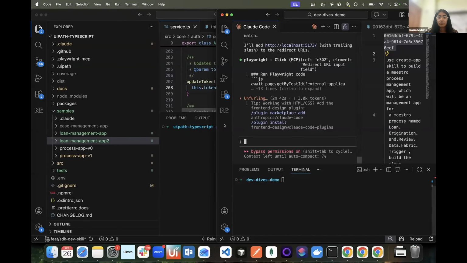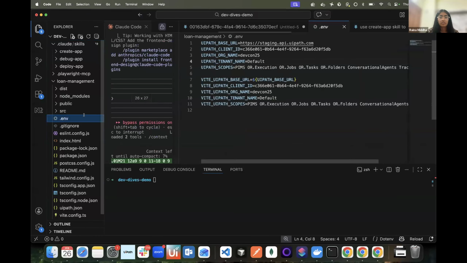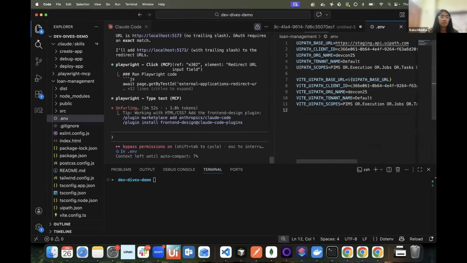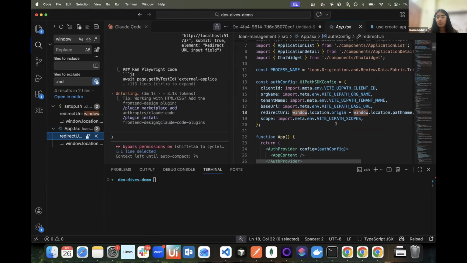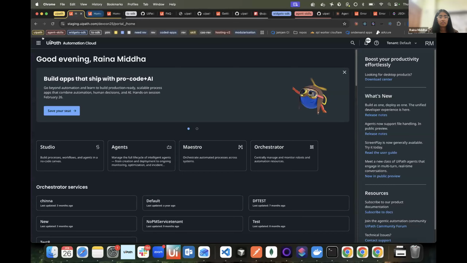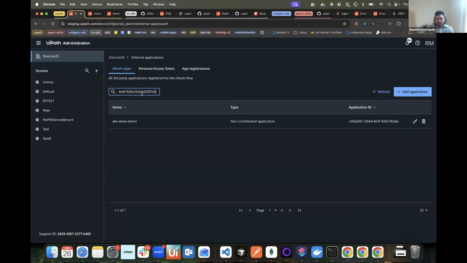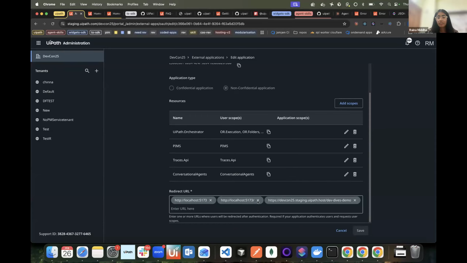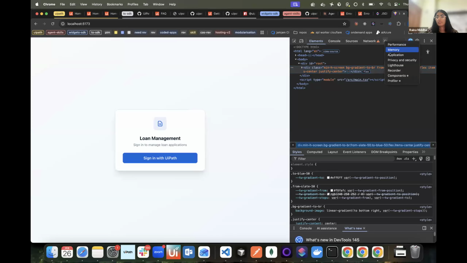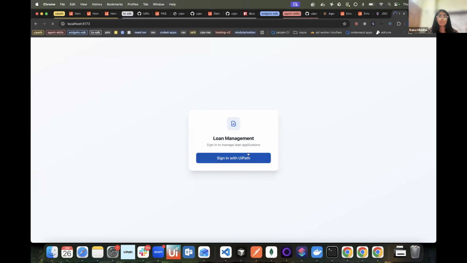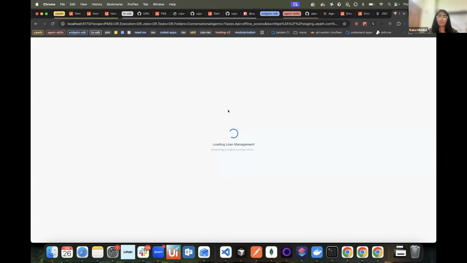So we'll check in our code first what redirect URI it has used. Yeah, so let me just check. That's the redirect URI. And in our application, okay, I think, yeah. So if you see, it has already added this slash. I think the agent already identified that slash was the issue, and it's trying to debug the same. So let me just run it. Yeah. Now the agent was intelligent enough to identify the issue, and now I am able to log in, and